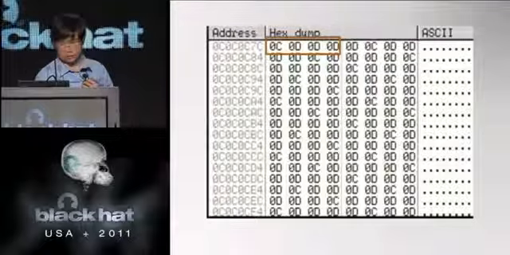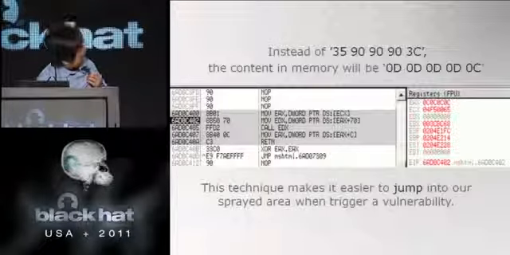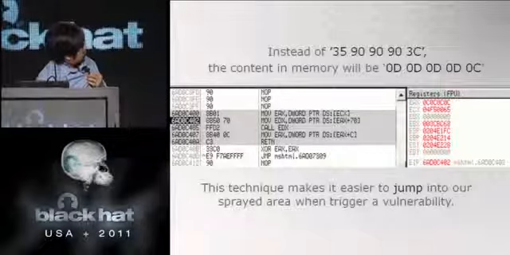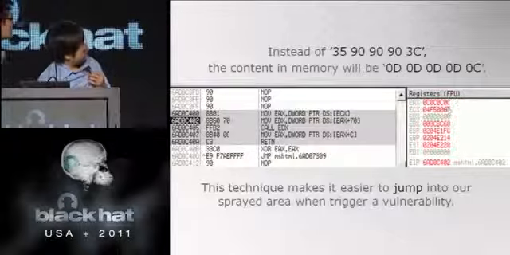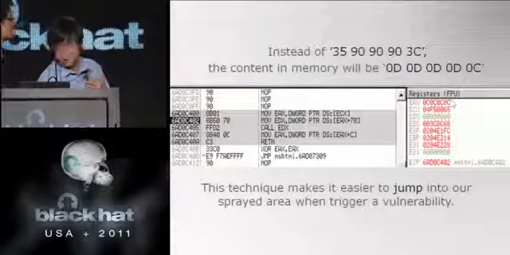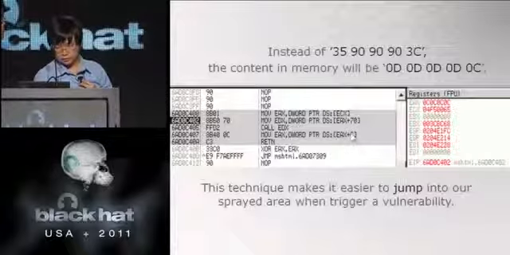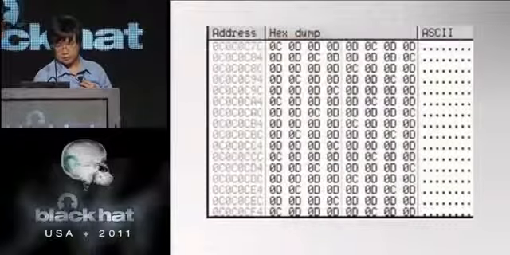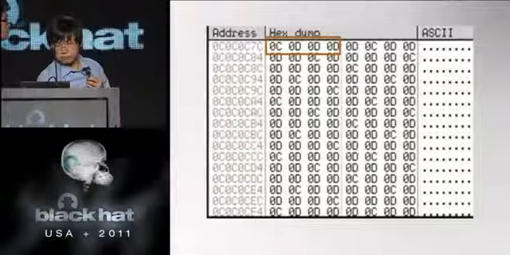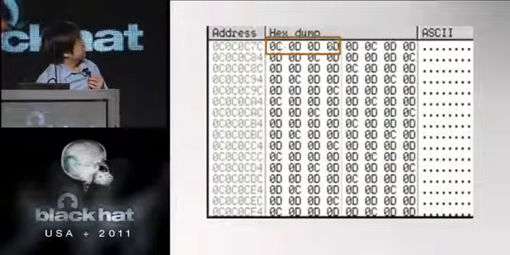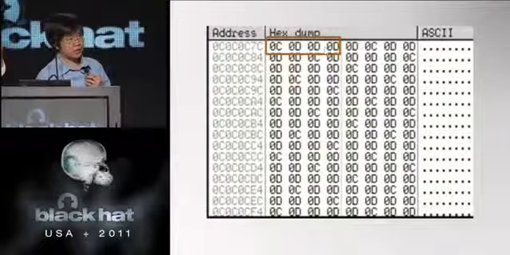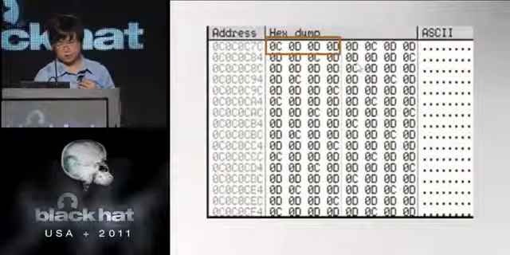As you can see, the EAX value is 0C, 0C, 0C, 0C. So this value plus 70 is this place, and this value will be moved to EDX.